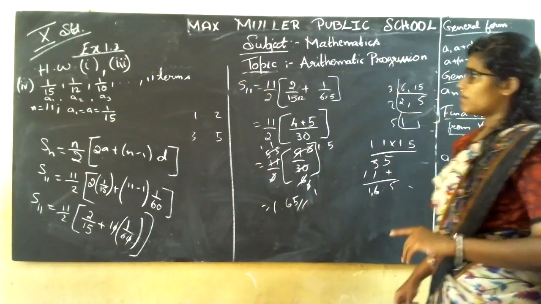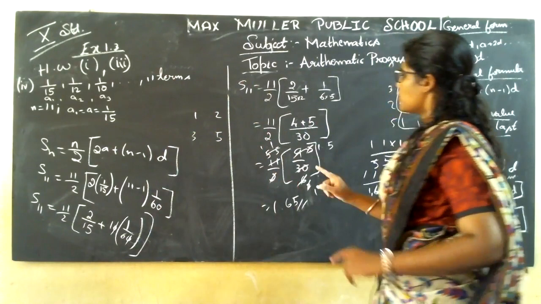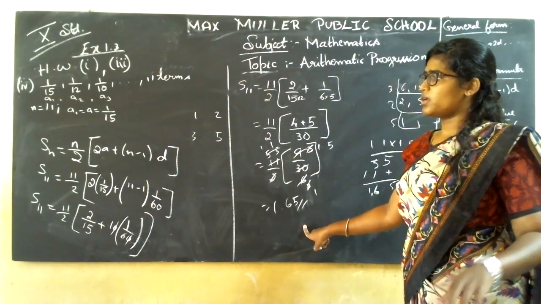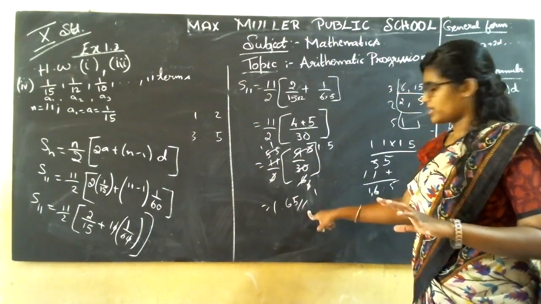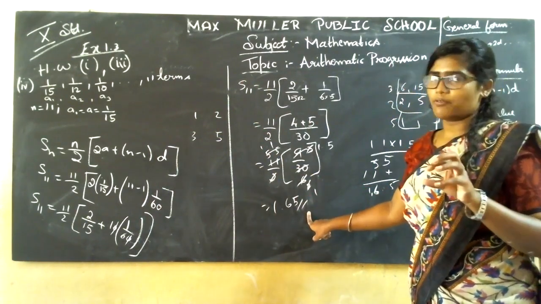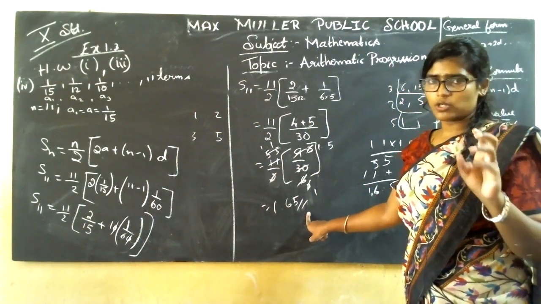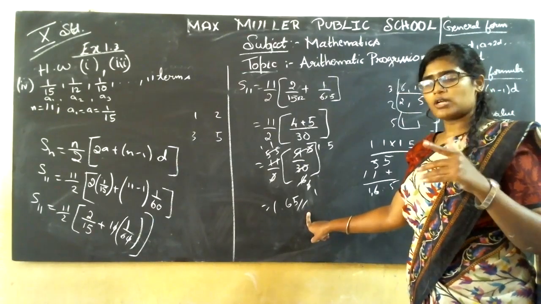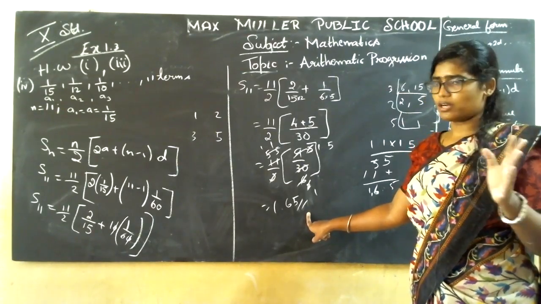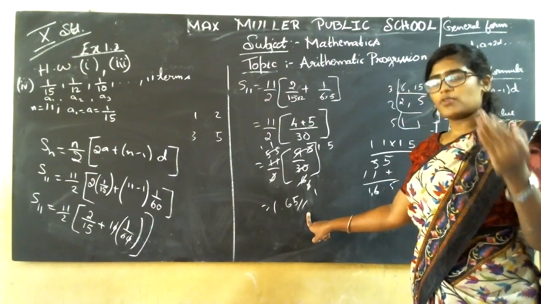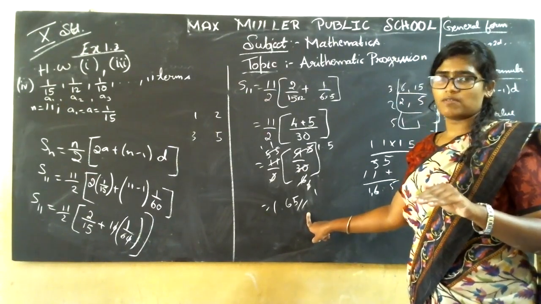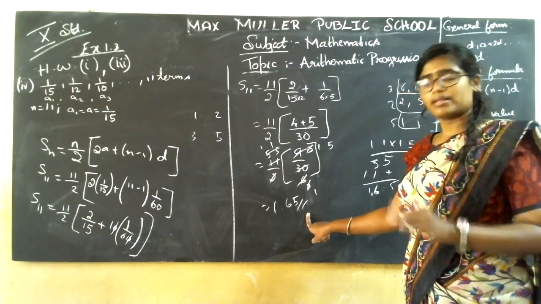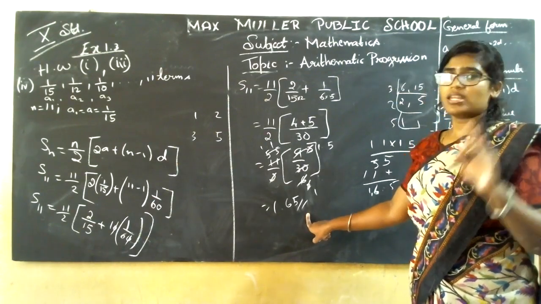See children, here everything is completely based on LCM. You can multiply and keep the answer as it is in the fraction also. Here in the sum formula, there is no need of making it into the number form. You can keep it in the fraction form or in the decimal form. If you get the answer in the negative also, do not panic. The negative numbers will also come. If you get the positive numbers also, you can keep the positive numbers. So in the sum, you are going to add, subtract, take the LCM, and divide the things very carefully.